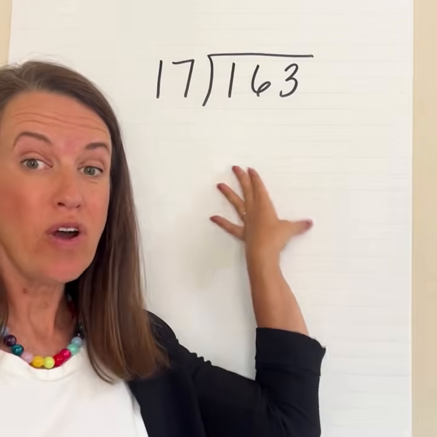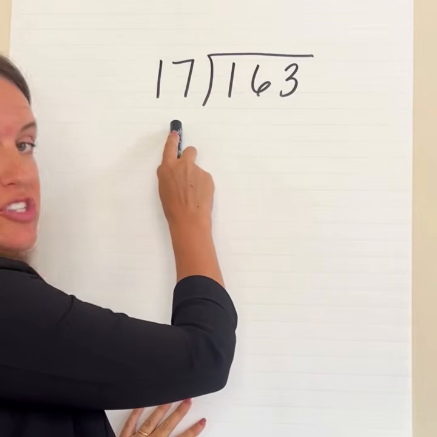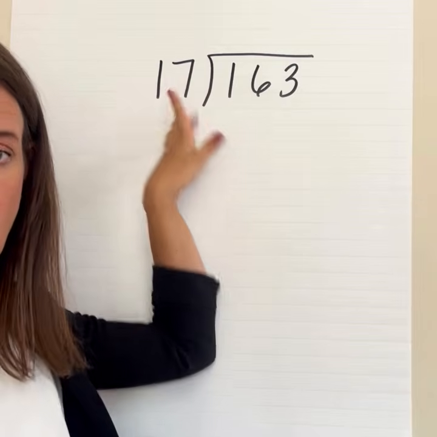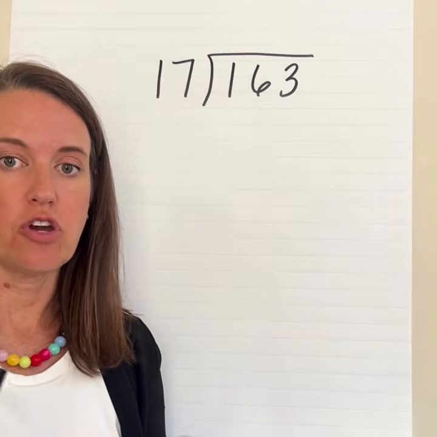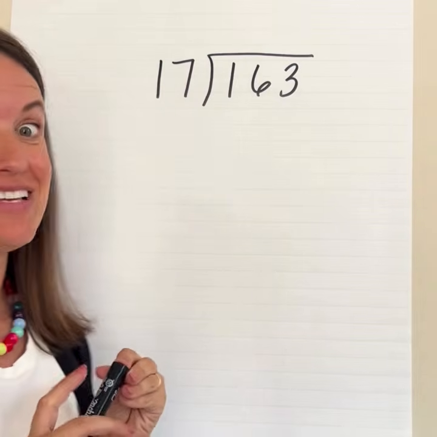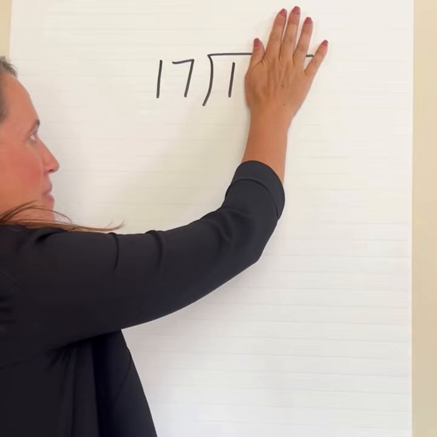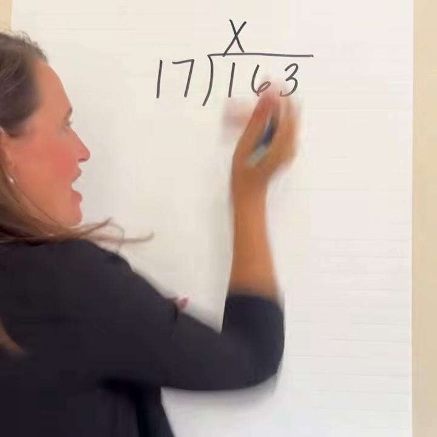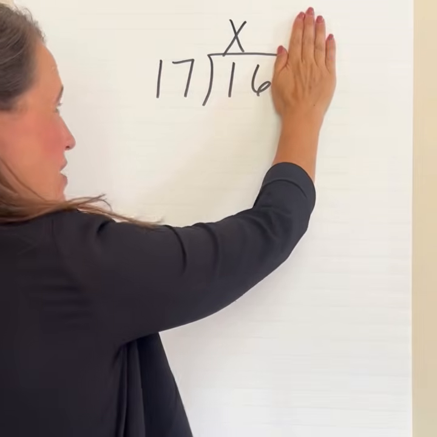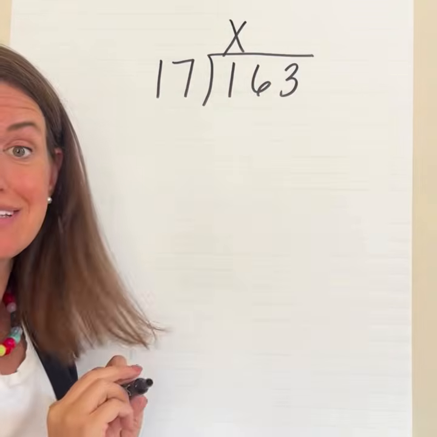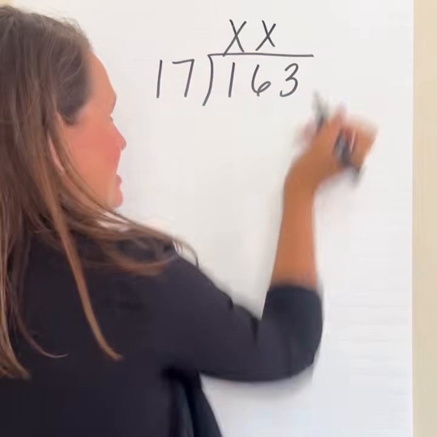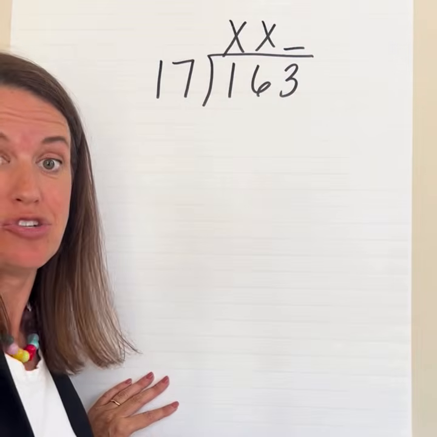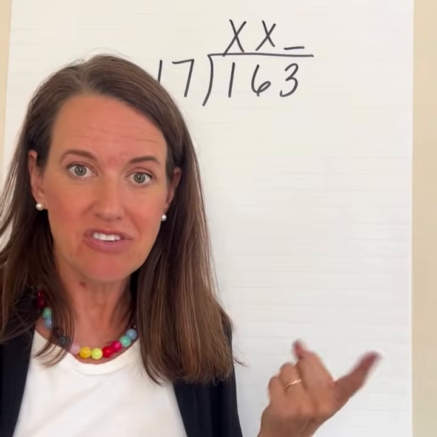Okay, let's see one more example of a 2-digit divisor. 163 divided by 17. We always, always, always start with our number seeds, right? I can't make a group of 17 if I only have 1. So my answer will not have a hundreds place. I also can't make a group of 17 out of 16. So my answer is not gonna have a tens place. My quotient this time will just be 1 digit, which means I only have to repeat the division song 1